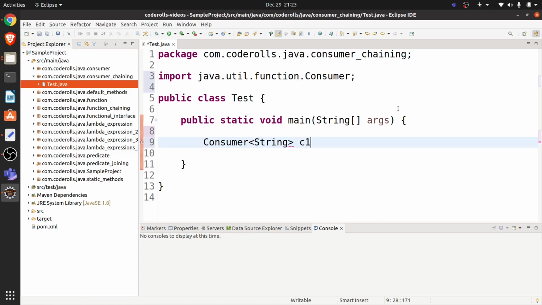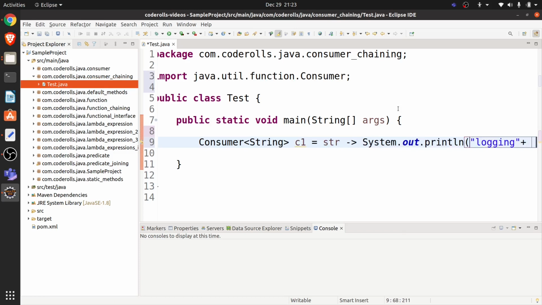Let's give it a name C1 and here I will be receiving a string. So str gives, and I will simply print it. Basically we will be logging it. So let's say logging str.